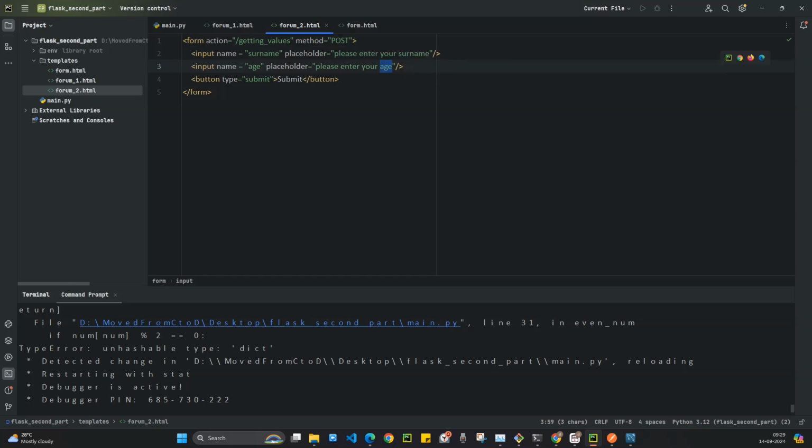Please enter your something. You can have anything, right? Just have something. Enter your favorite food. I will say favorite food. So I will just have food here. Now what I'm doing is,